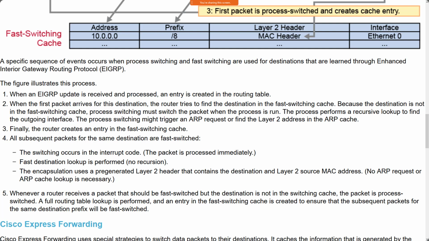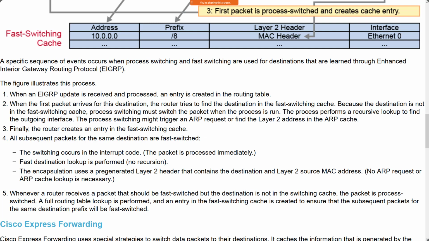So EIGRP gets its updates. We process that information. We create our topology database. We, of course, have our adjacency database prior to that with all of our neighbor information. We learn our routes from our neighbors. That becomes our topology database. And then when the first packet arrives for a particular destination, we try to find that information in the fast switching cache. Because we haven't built the fast switching cache at this point,